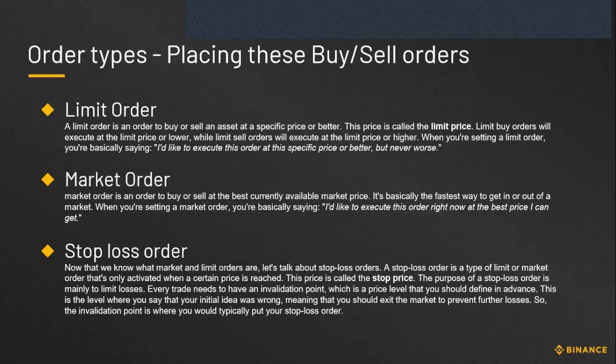So, for example, you want to buy Bitcoin at 10 million. That is what you want. The market is currently trading at 9 million. But you say, okay market, please buy for me at 10 million, or let me say, sell for me at 10 million. But peradventure, the market is going down instead of coming up. It's not taking profit. So why should you lose, when you are at the point of wanting to sell, but now the market is going to 7 million? That is where the stop loss order comes in.